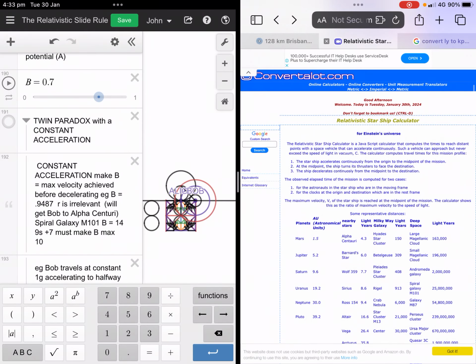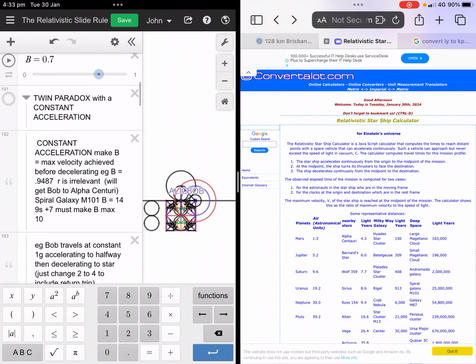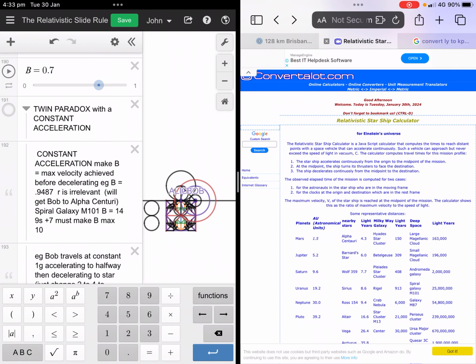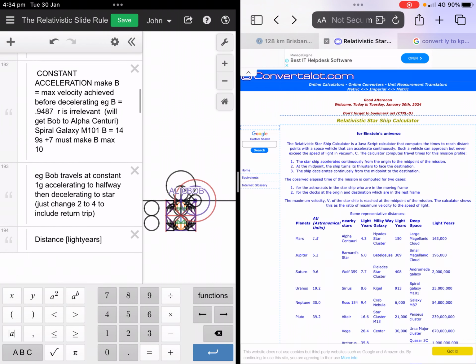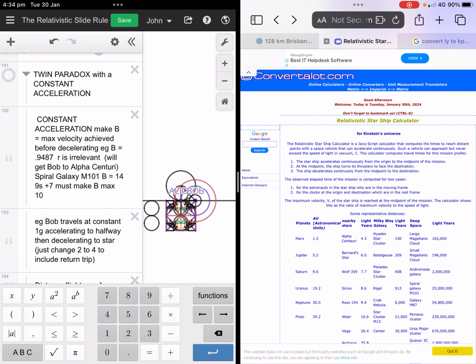Okay, this is about the twin paradox, and it's about the real situation where one could be using constant acceleration to get up to high speeds and then decelerating back to nothing, where one would end up having travelled a long way, because one's clock would be travelling slower according to the other frame.